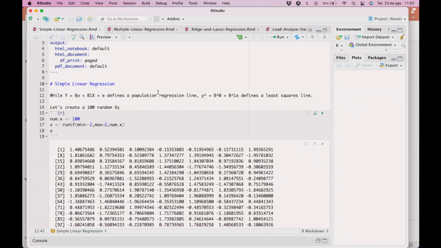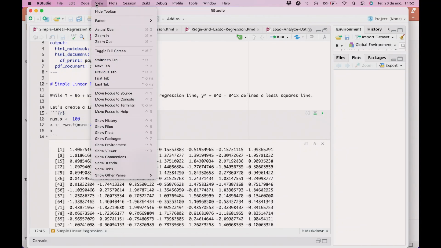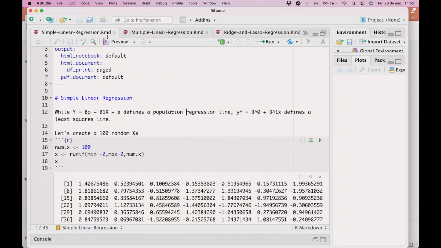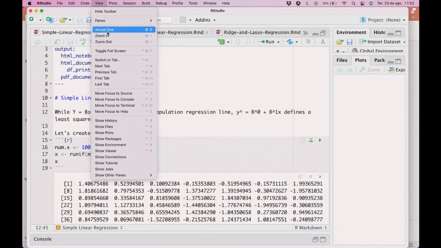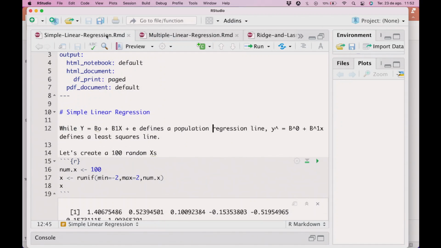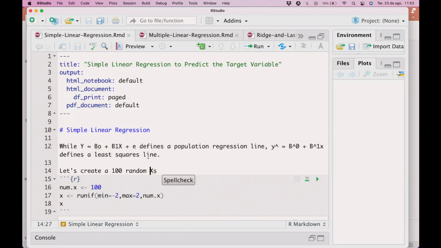Okay, should I increase the letter size? Yes. I think you already have this, don't you? I sent it to Guy. I talked to Guy, and